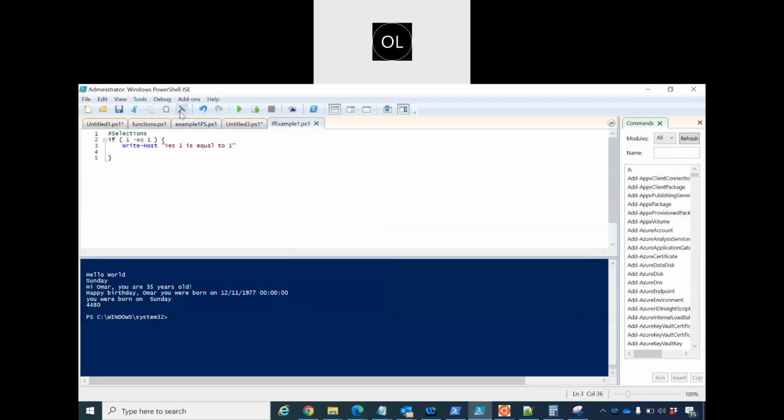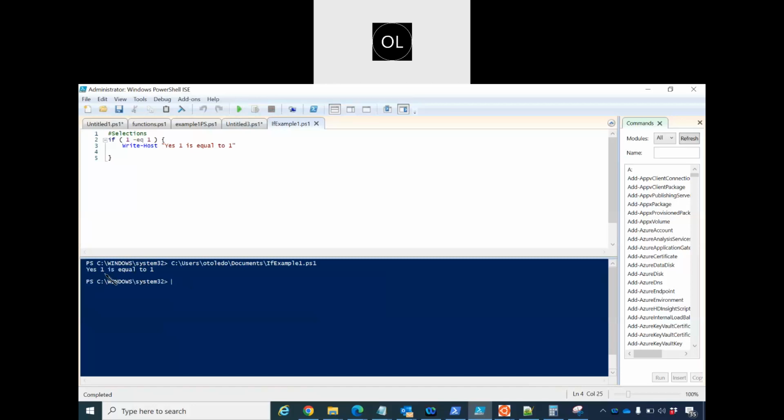So let's test. What is wrong? I don't see that. Hold on a second. Okay, it's here: Yes, 1 is equal to 1. If you want to clear this area, the panel, you can use the clear console pane. So you can run that and you're going to visualize much better. Yes, 1 is equal to 1, here. So this is the basic